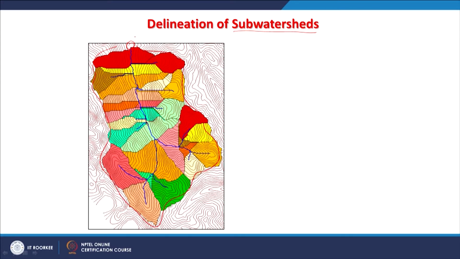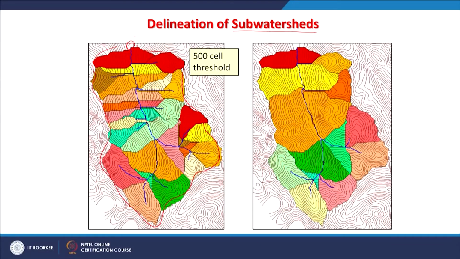That means a large watershed can have many sub watersheds, or you can say each stream segment will have its own watershed. The threshold value was kept here at 500 cells. If I change the threshold value to 1000, then the number of watersheds will reduce, however their areas will increase. So, many watersheds which were distinct here like this are still there, but here they have all been merged, because I have put the condition of more than or equal to 1000 cells. So, if this is the condition, small watersheds will disappear.